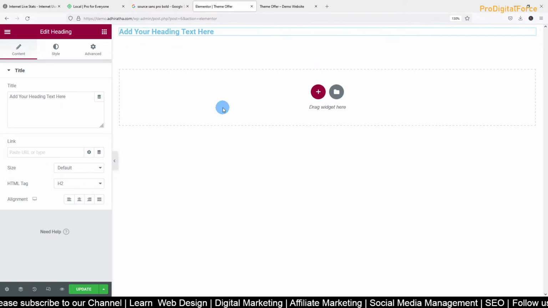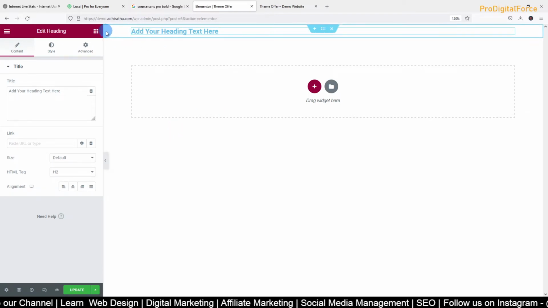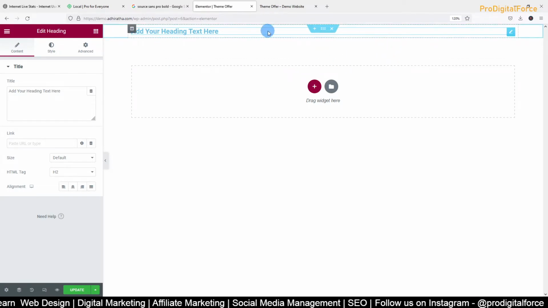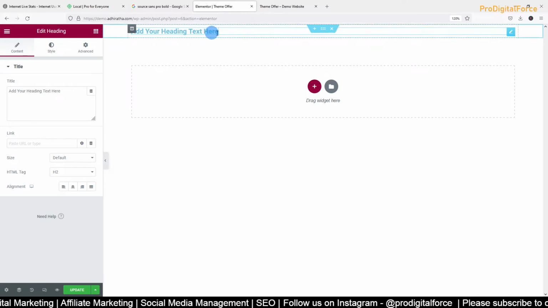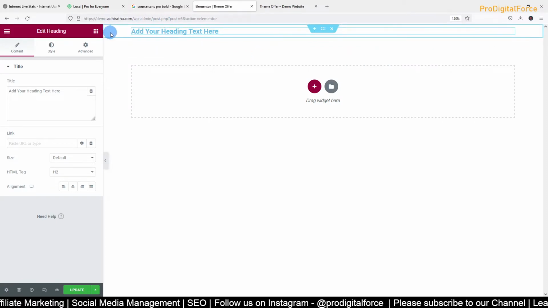Let me zoom out, and you'll be able to come to know. See here, there is a space, right? This is a complete section. The text part is what you added now. If I try to add a background from here, it will apply only for this part, the text section, not to the complete added column.